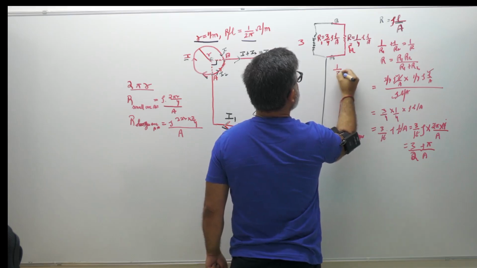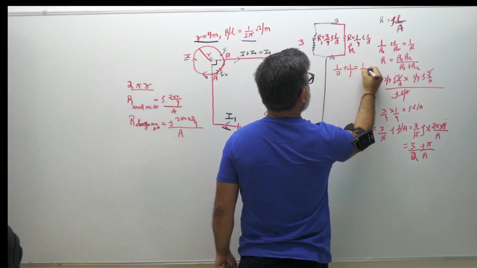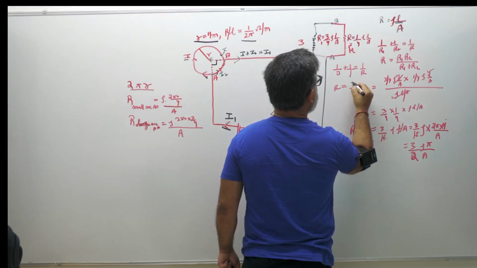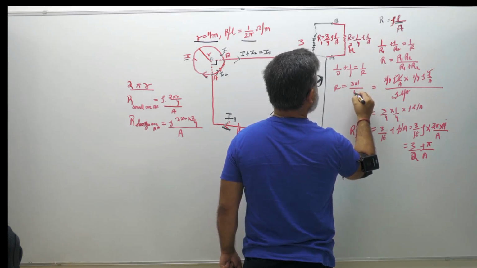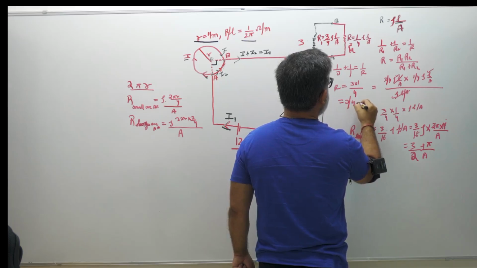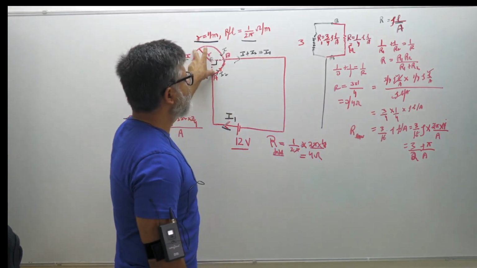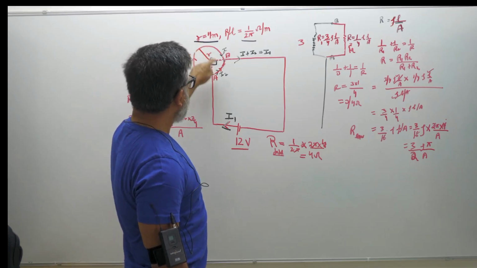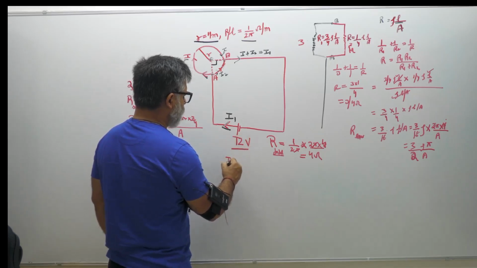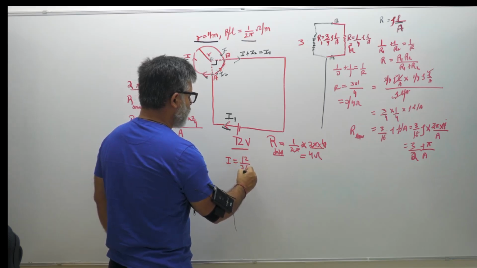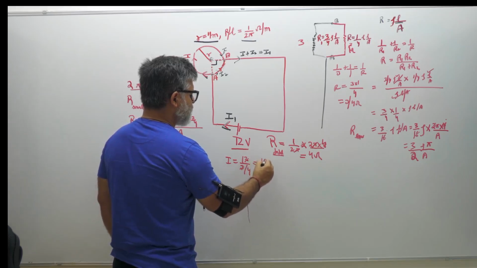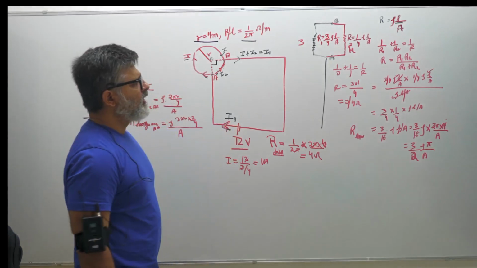So 1 by 3 plus 1 by 1 is equal to 1 by R, and R is equal to 3 into 1 upon 4, right? So this is 3/4 ohm. So the total resistance is 3/4 of an ohm. And now if you know the battery voltage, the total current which you will draw will be 12 divided by 3/4 of an ohm, which is nothing but 3 fours are and 16 amperes. So the total current being drawn is 16 amperes.